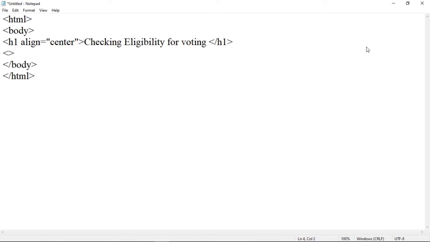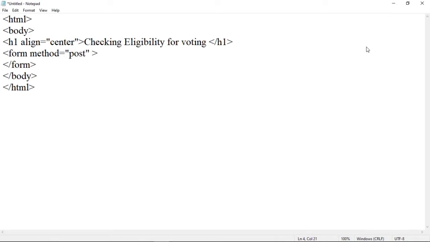So let us add a form tag. So form tag start and end the form tag. Now here within a form, we have to first of all provide action and method attributes for this form. First, let us add a method. Method is equal to, here you can add a method as get or post. So let us use the post method here.